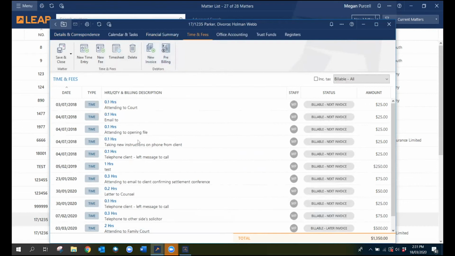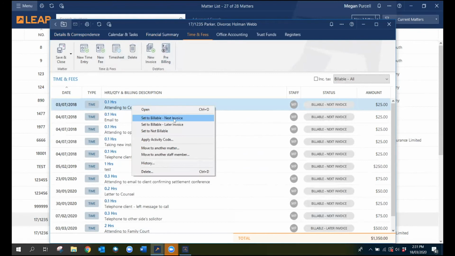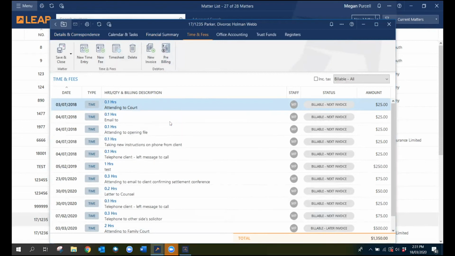Okay, so these are all of our time entries here. All right, so you do have the ability to right click on these entries and change the status. So if there was something that we didn't want to bill at this stage, so let's just change this status to billable at a later invoice. Okay, so it's changed the status there. All right, so when I generate my bill, this particular entry will not be included in that bill. What you can also do when you right click,